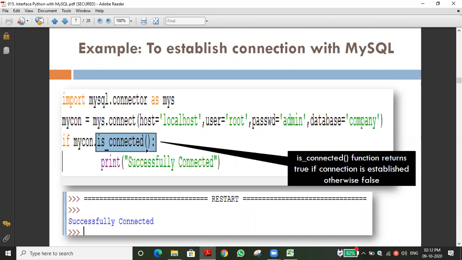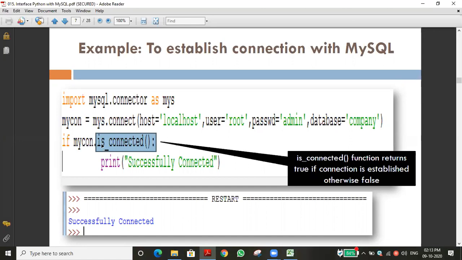Yeah, what is it used to check for? Whether the connection is successful or not. Very good. We called the connect function, no? So it checks whether the connect function successfully established the link or not, just a checking purpose. If it is successfully connected, it will return true. If any error is there, it will return false. So that is the thing.